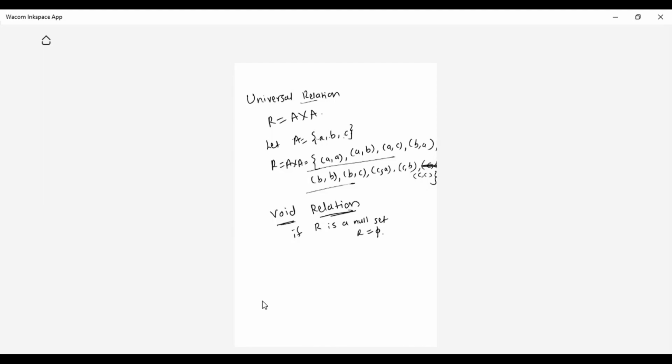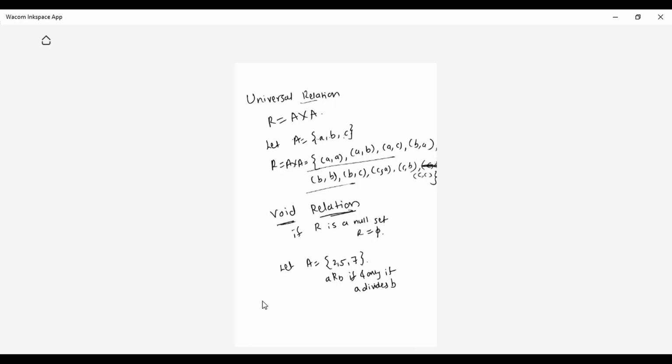When will I get this? Suppose, take an example. Suppose I'm giving A is equal to {2, 5, 7}, and I'm defining R in A in such a way that a R b if and only if a divides b. What is the condition when a is related to b? If and only if a divides b, for 2, 5, 7.